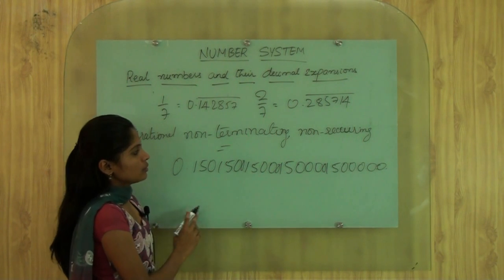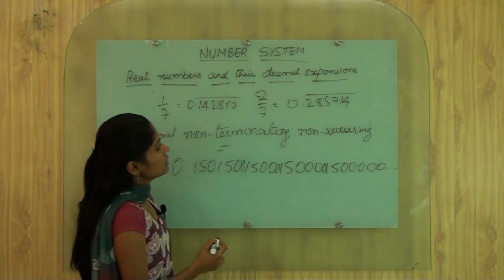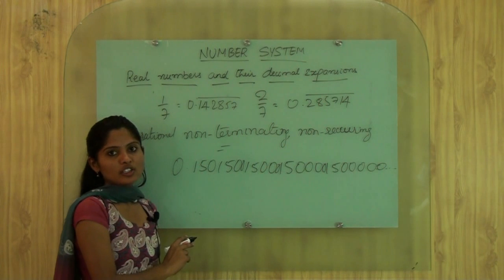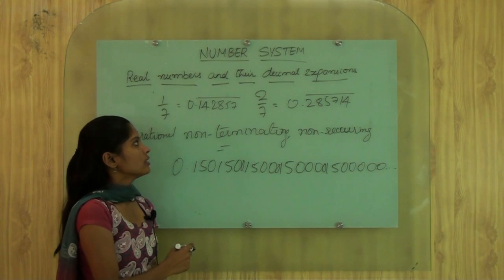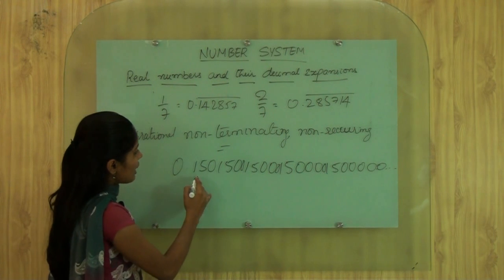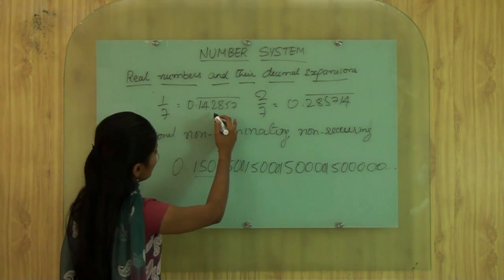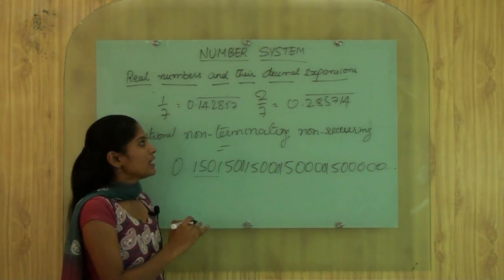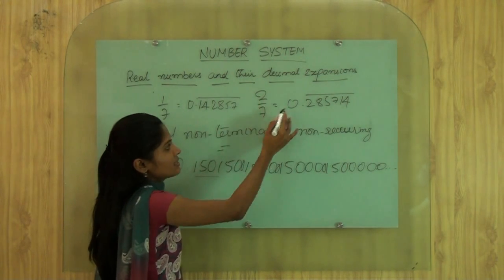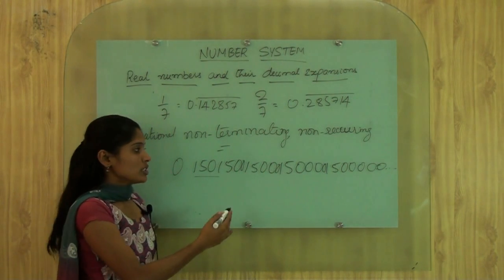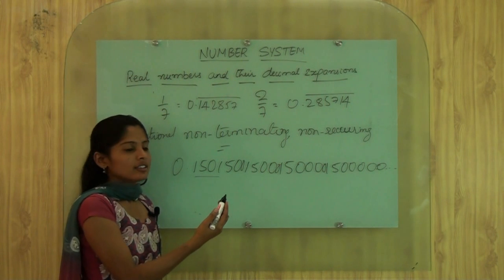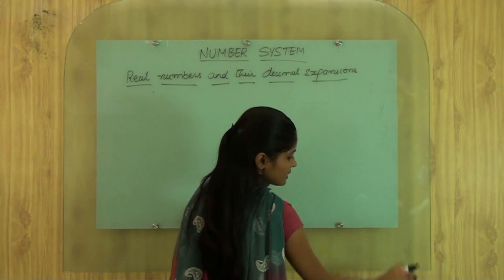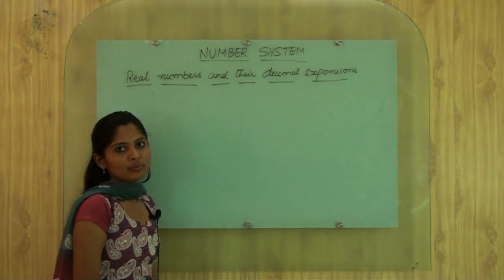This is one example of an irrational number between these two rational numbers. You can find many. You can see that the value is greater than this value and less than this value. You can find many such numbers which are greater than this and less than this. So it becomes non-terminating and non-recurring. Let's see exercise problems on rational numbers.